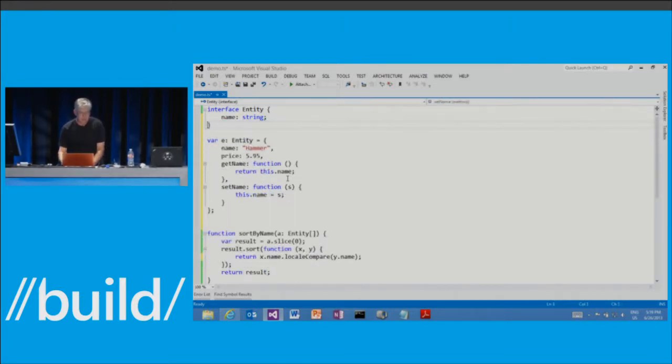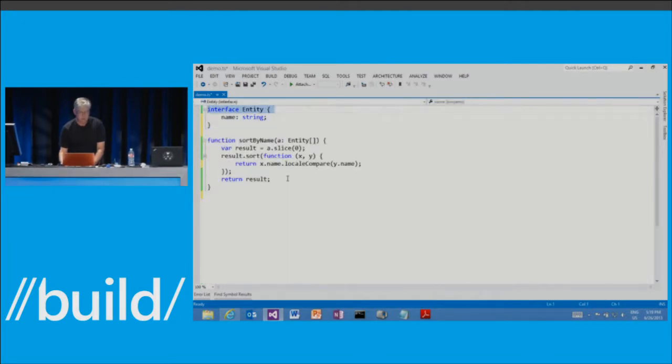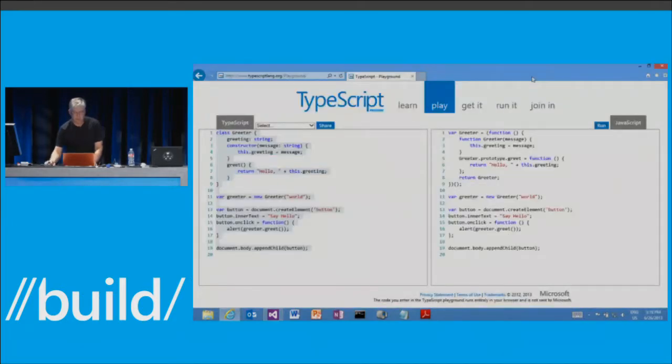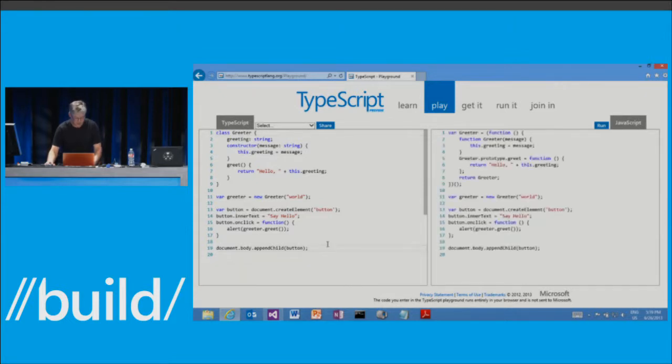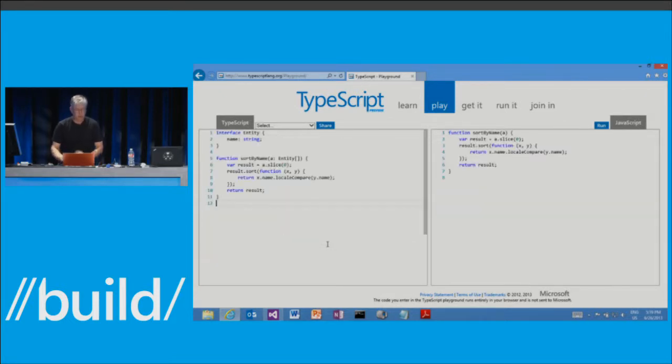Okay, let's try to take this code that we've been playing with here and move it over to the TypeScript playground. So I'm going to copy it, and then I'm going to switch to the browser. And here I've fired up the TypeScript website and gone to the playground. And I'm going to just paste in the code we were just playing with. Now, the playground is